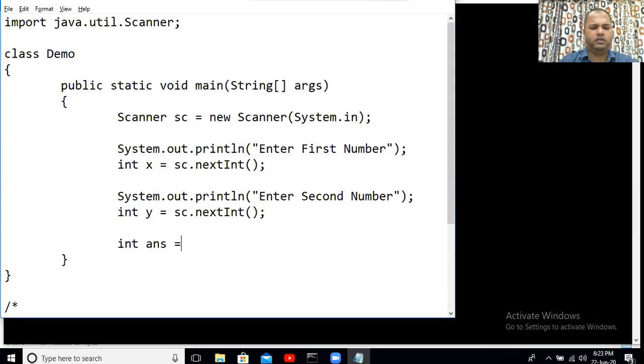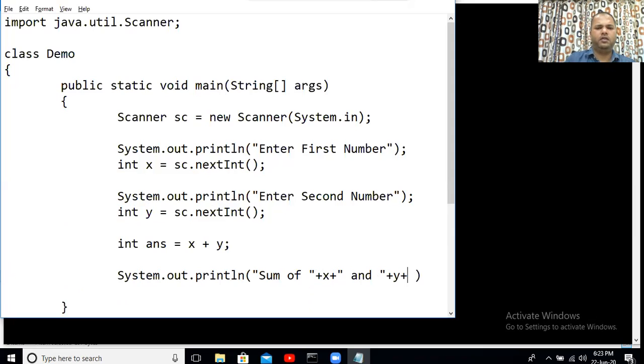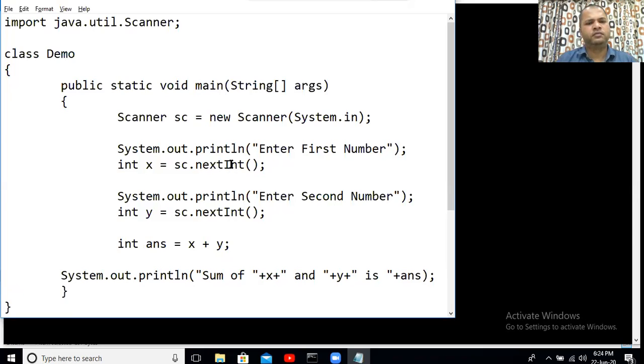Now I would like the values to be added, and finally we are going to come up with our answer, that is sum of, again I'll be making use of concatenation operators here, sum of x and y is... Okay, so now our code is complete.